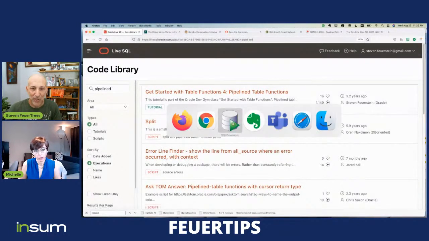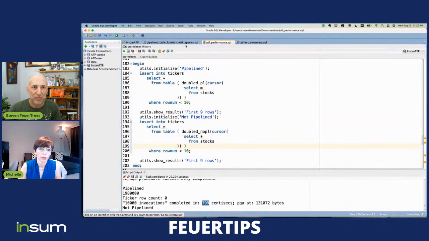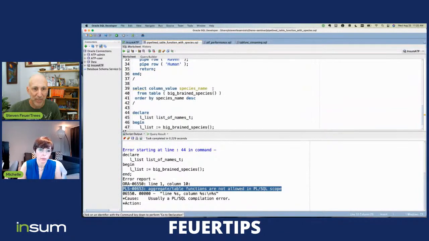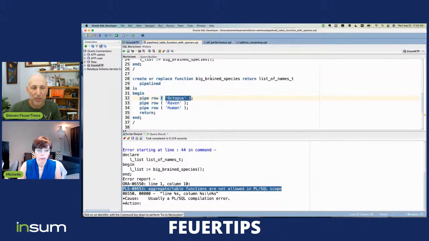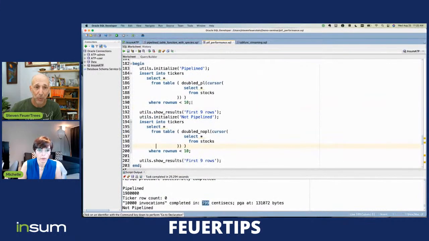So here's the question. What happens if you've got this function that returns a bunch of data? This is a bad example, but for some reason, right in the middle, we did a return. In other words, we didn't get to all the data. In fact, this is an example of it right here. What I'm saying here is I'm going to shortcut what this function is doing. It's going to return 20,000 rows, but I only want 9. So what's the downside of that? What can possibly go wrong? Well,